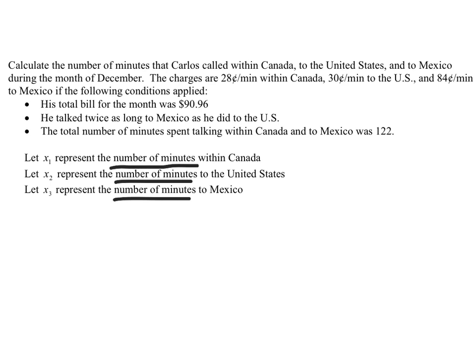And all the charges are detailed in there, so I think we'll just skip the part where we'd write it down as cost per minute to Canada is this, that, and the other thing. All right, so total bill for the month. All right, so that's going to be